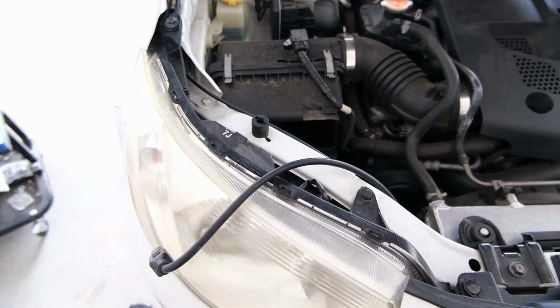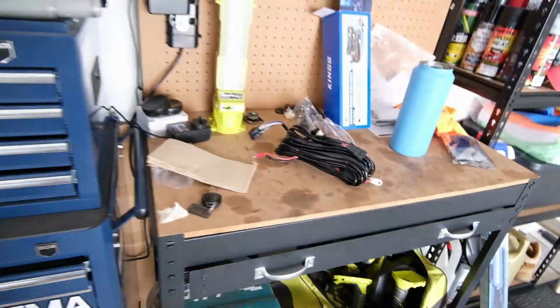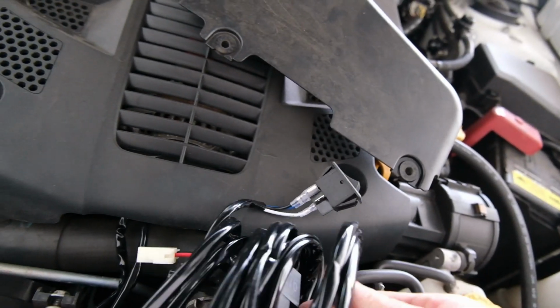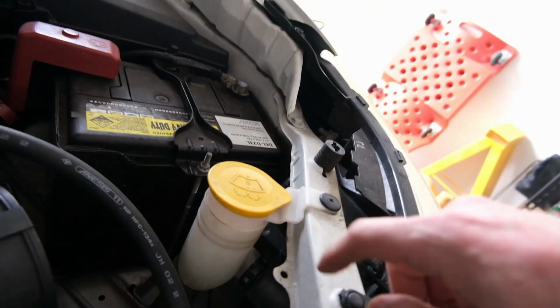So now I've got that out, I'll probably get this loom now and work out where to mount stuff. I've got to mount a fuse, I mean a relay, probably close to the battery, I would imagine, over there. So maybe